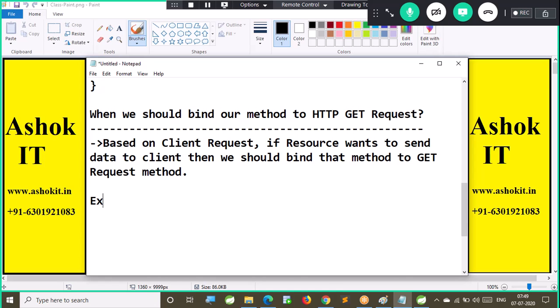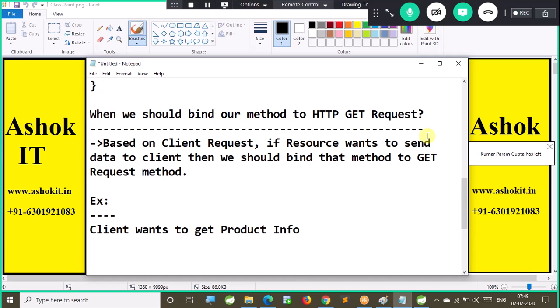For example, the client wants to get product information, one product's data. Then you should write a method and bind it to the GET request method.